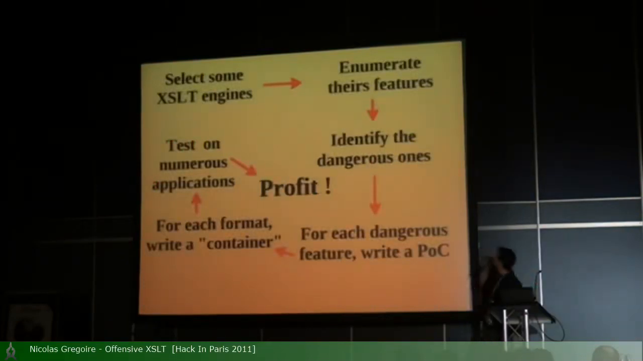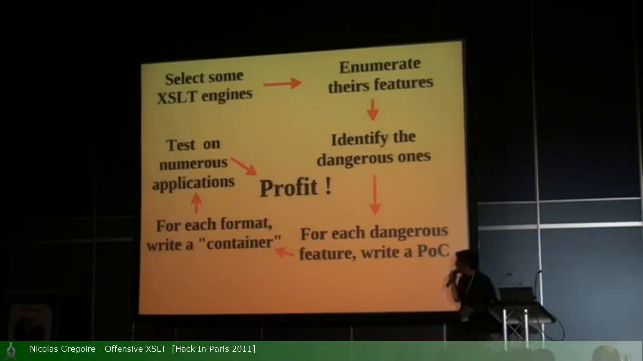That's our basic methodology. We will first select some XSLT engine. We will then enumerate the features. So we have some tools to do that automatically. We will identify some dangerous features. I will describe how to restrict to the dangerous ones and how we define dangerous. We will write a proof of concept code for every dangerous feature in order to have easy